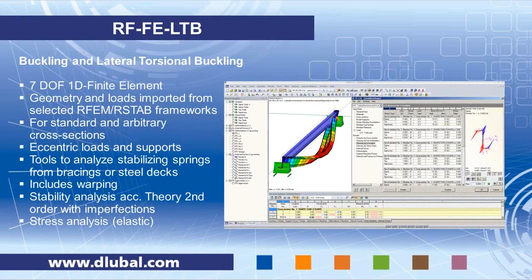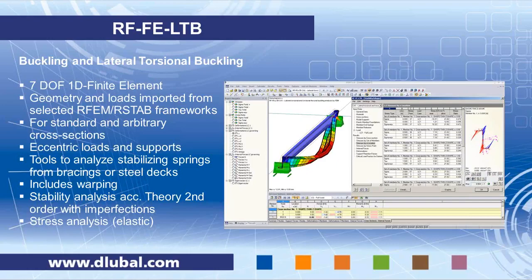The second module that we are going to take a look at is RF-FE-LTB. It is meant to do buckling and lateral torsional buckling analysis according to second order. So it's made from a 7 degree of freedom 1D finite element, which includes warping moments. In general, you find in the codes